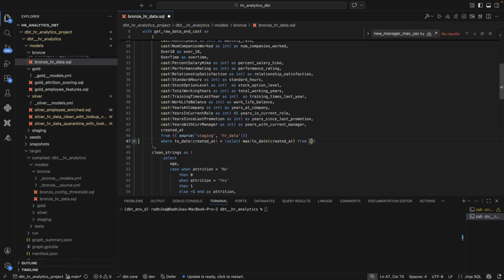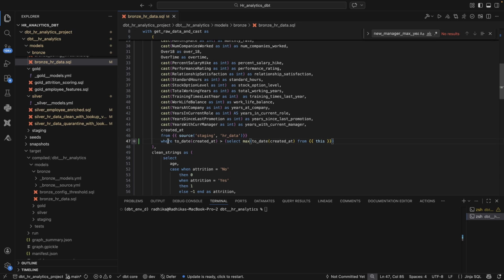from this. I'll explain to you what this is. So what we are doing is we are adding a condition that when the created at is greater than the max created at from this, dbt knows that when you write this, it's going to replace this with the name of the model. So this is going to be whatever your database is, then your schema name, then your table name. I'll show this to you in the compiled code. But this is exactly what we are doing. We're just fetching those rows which have a created date greater than what we have existing in our data